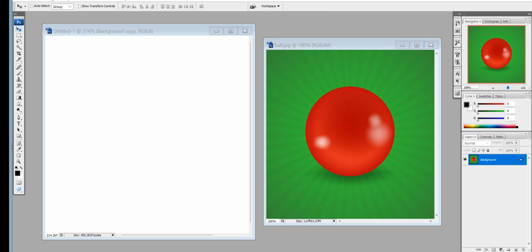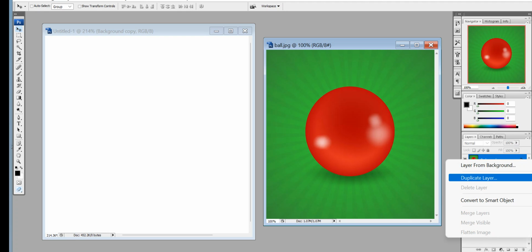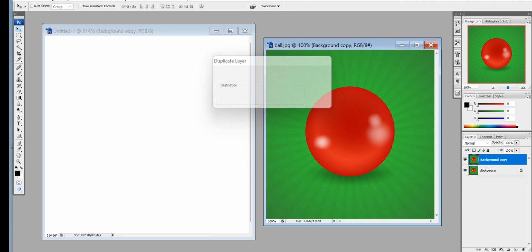So let's begin. We have here an image of a ball or a circle with the color red. The background is green, so we want to remove the background to become transparent and then put another background that is white. So all we need to do is duplicate, right click, duplicate the image of a ball,